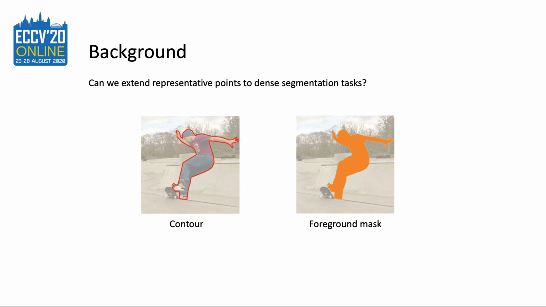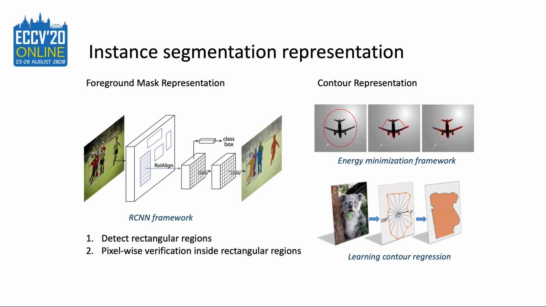In this work, we would like to extend and densify the representative points to enable dense visual perception tasks such as instance segmentation. Two common representations for object segments are contour and foreground mask. Most of the state-of-the-art instance segmentation methods use foreground mask to represent objects, and it is usually achieved by using the R-CNN framework, where it first detects rectangular regions of instances and performs pixel-wise verification within the rectangular regions to generate a